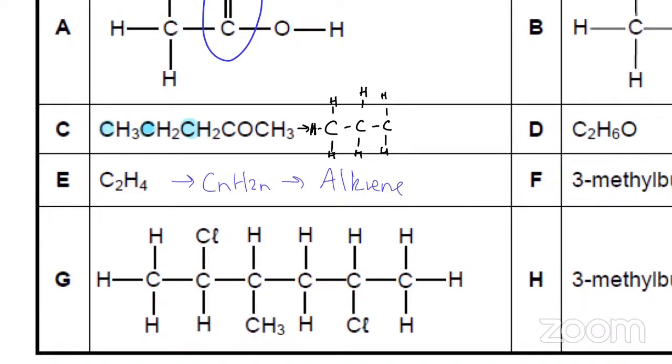Then we attach it to this guy. Okay, then it has a bond to an O and then a bond to a CH3. It has a bond to an O and it has a bond to a CH3. So how would we draw this? Okay, the way we draw this is,